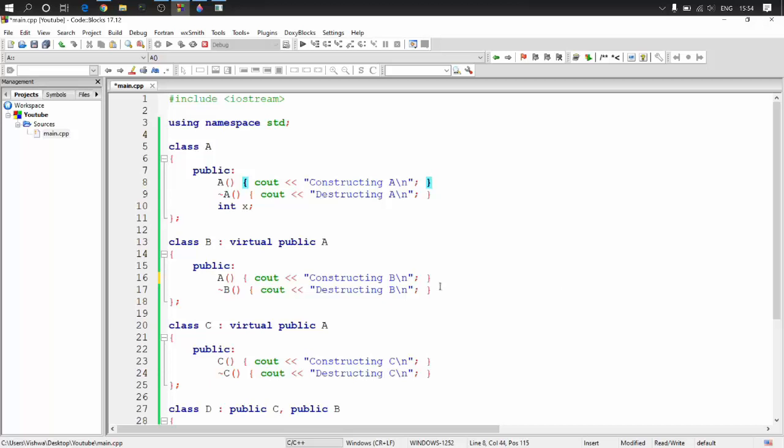Now the point of the virtual keyword is you shouldn't have multiple copies. So basically this is creating multiple copies. So through B, if I'm accessing A, it should be printing constructing B, but through A, if accessing this particular constructor, it should say constructing A. So basically there are two copies of the same function. This is called overloading, and we'll talk about this in the next video also, right? So for this particular issue, the virtual keyword is there, which basically means that you can have only one particular copy. You cannot have overloading and all.